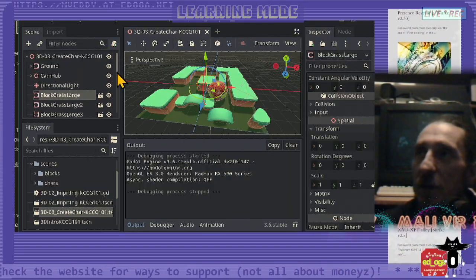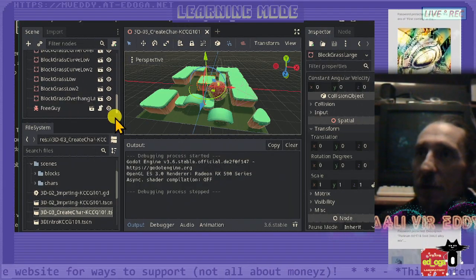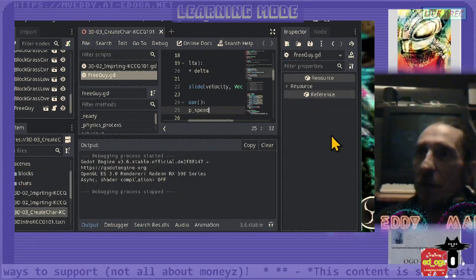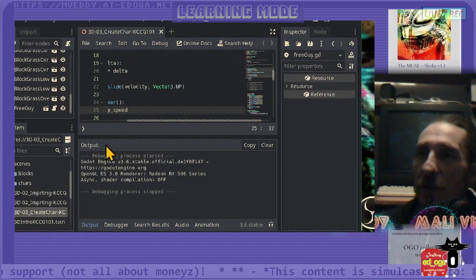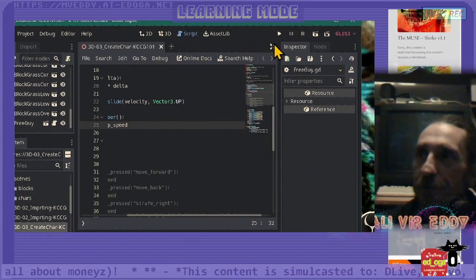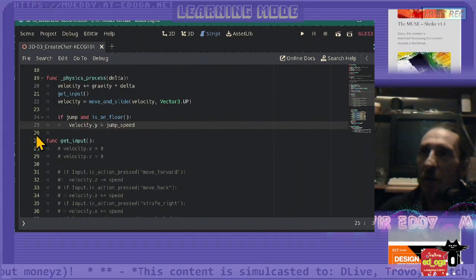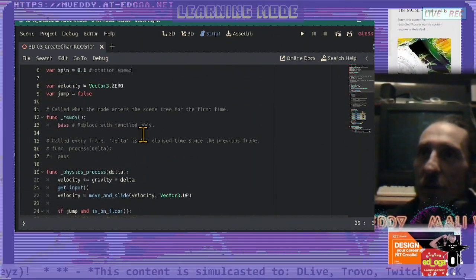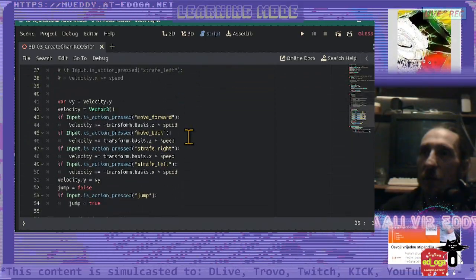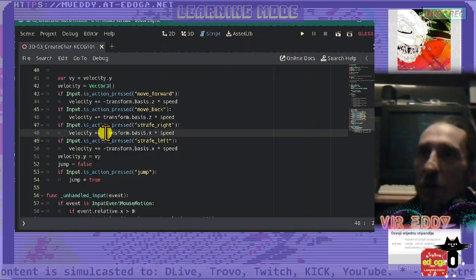So all scripting is done in the character. I want to check the reference about the speed, the transforms. Where are the transforms? Okay, so we have here